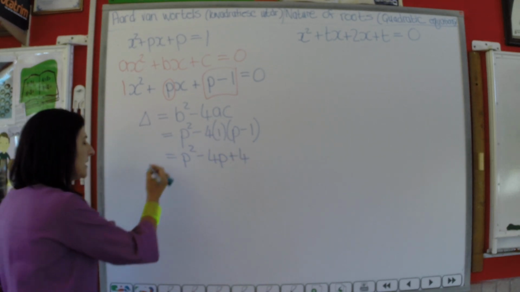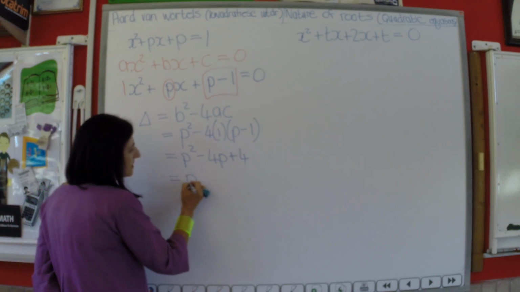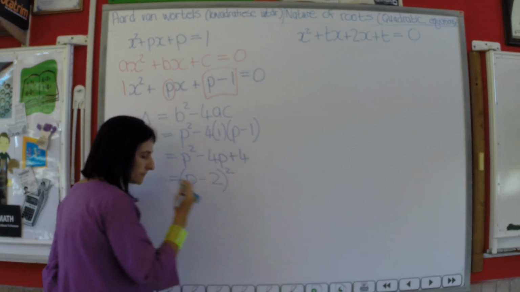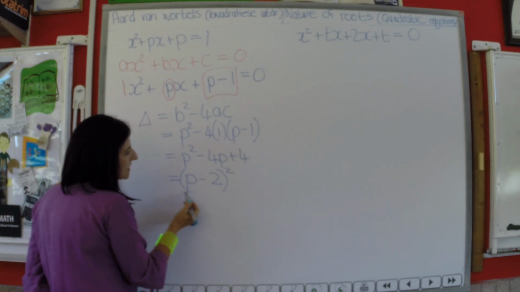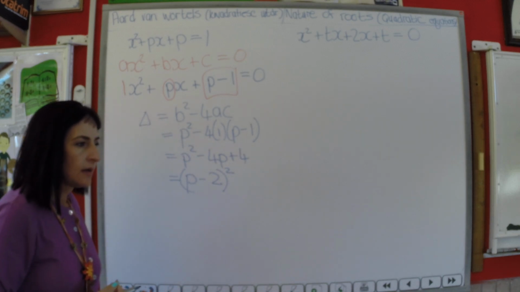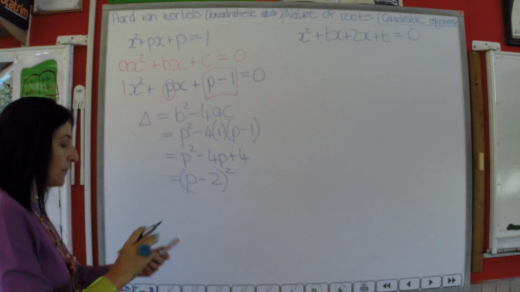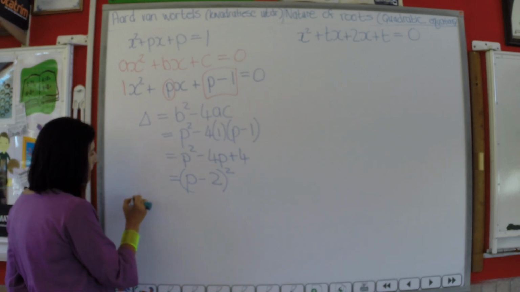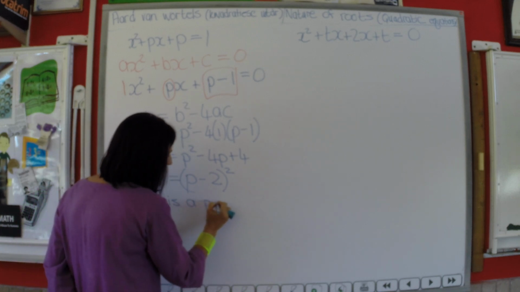En wanneer ek hierdie uitdrukking gaan faktoriseer, then I can see that this is (p minus 2) squared. So as ek hierdie drie term gaan faktoriseer, dan kry ek 'n vierkant. And that's exactly what I need, because now delta is a perfect square,